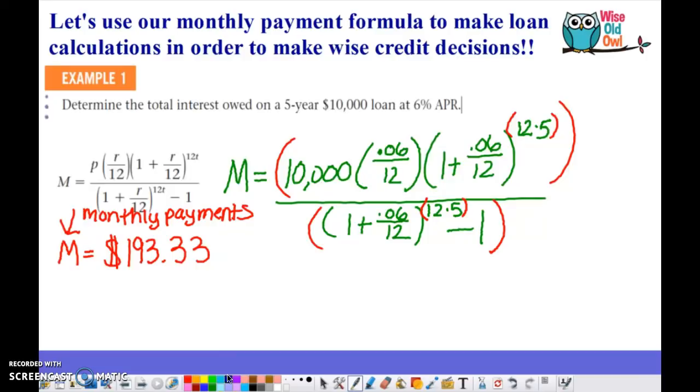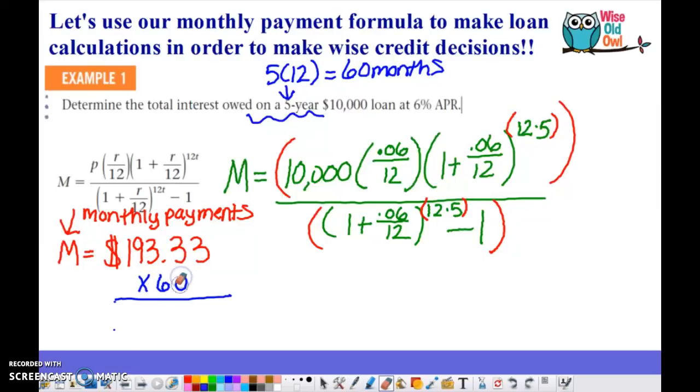So we, though, want to find our interest, so how much extra I am paying other than just paying back the $10,000 that I borrowed. To find that, if my monthly payment is $193.33 and I'm having this loan for 5 years, I've got to figure out how much I'm actually paying. So I have to multiply my monthly payment by how many months there are in 5 years. Well, I know in 5 years, I just take 5 times 12, that's going to be 60 months. So I'm paying my monthly payment for 60 months, so I'm going to times 60, and that is going to give me